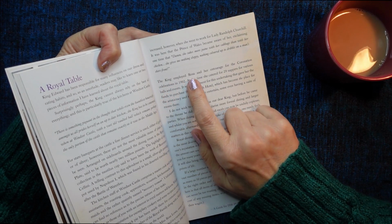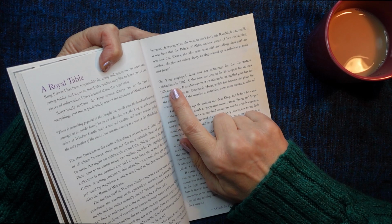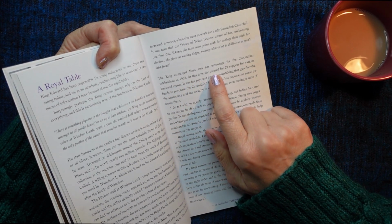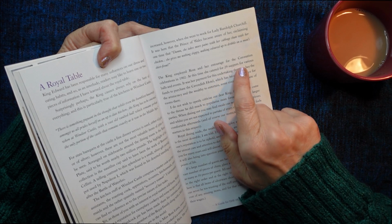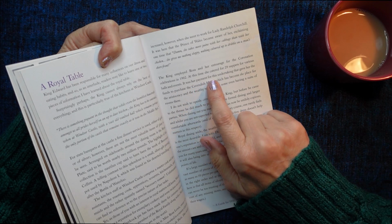The king employed Rosa and her entourage for the coronation celebrations in 1902. At this time, she catered for 29 suppers for various balls and events. It was her payment for this undertaking